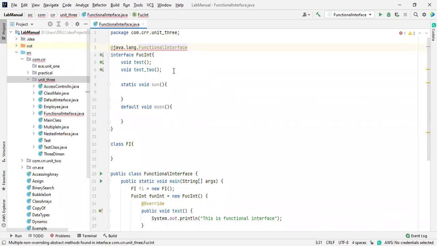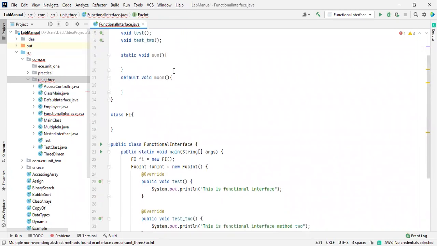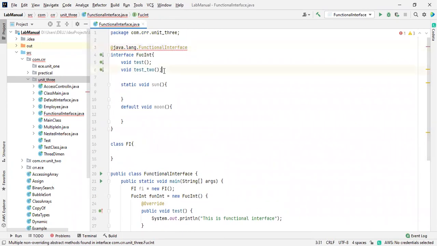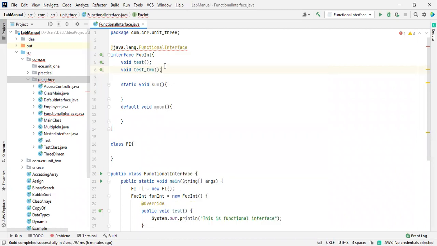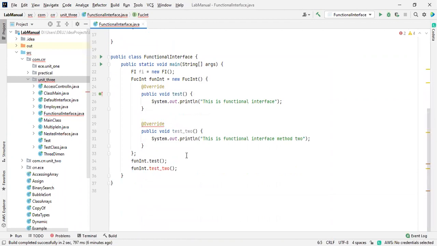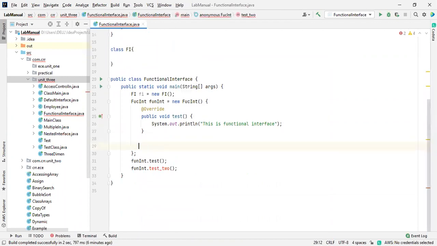Now we note that the compiler is saying, you are using a functional interface, so why did you use another abstract method inside it, which is not allowed. Remember, multiple non-overriding abstract methods are found in a functional interface. That's why please remove that one; I'm not going to allow that. So I remove this, and now see, it is good and working fine.